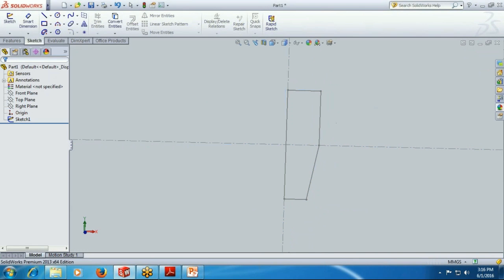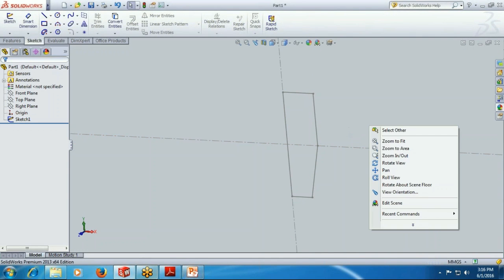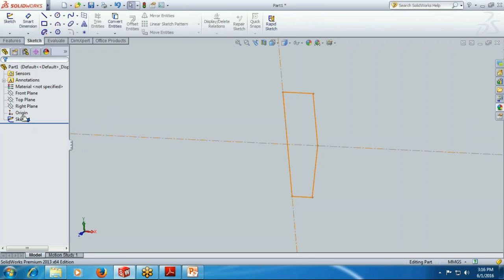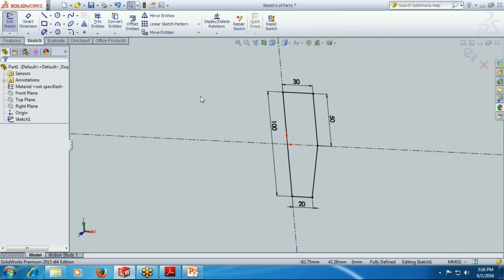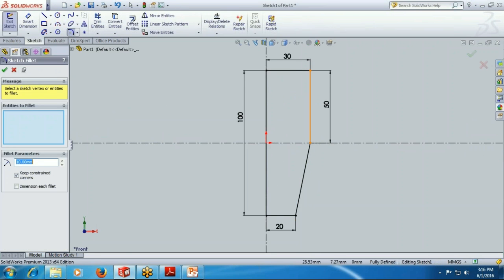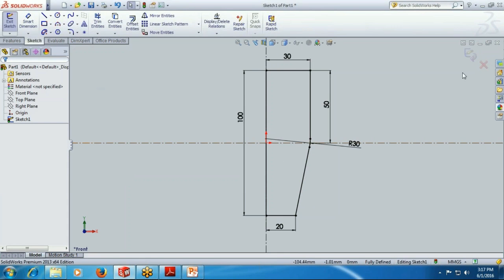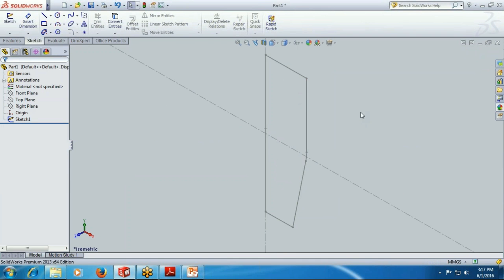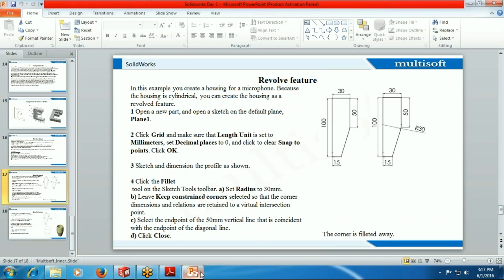Exit from the feature, and now we will see there they have showed us 30 radius also, sorry. So we can define radius also. So just re-enter the sketch number 1, Ctrl+8. Now use the feature filleting, and here we have defined the filleting radius is 30. Done. Just exit, and now make it isometric, Ctrl+7, and then after that